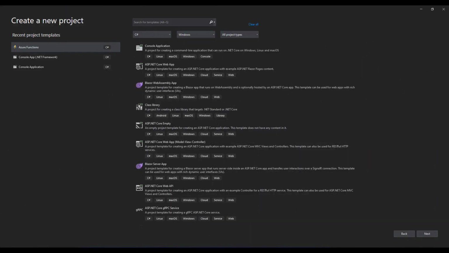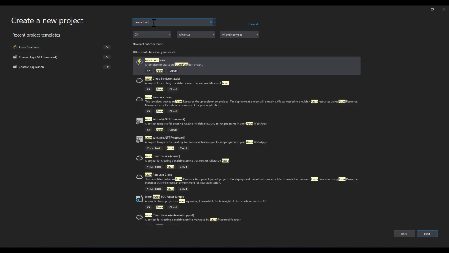Now let us create a project in Visual Studio. So here I am using Visual Studio 2019 version, and the latest updates have been installed, and I have also installed the Azure Function template. Once you click on create new project, you can search for Azure Function. I'm going to use the language C#. So click on Azure Function, click next,